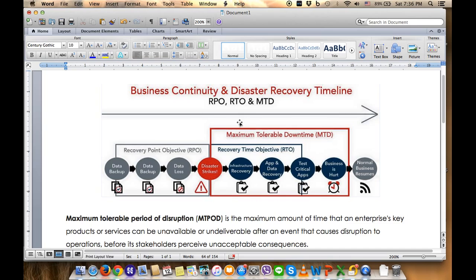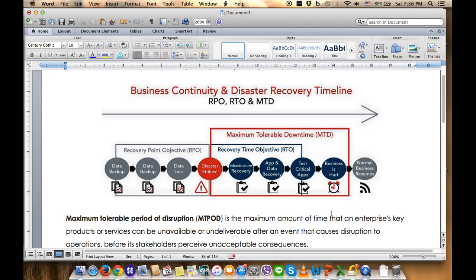This is a cycle of the business continuity and disaster recovery timeline. So the project team needs to understand every stage involved. The key person needs to understand the cycle of the